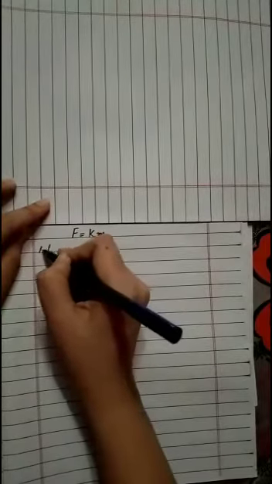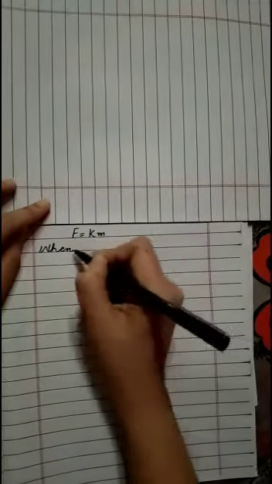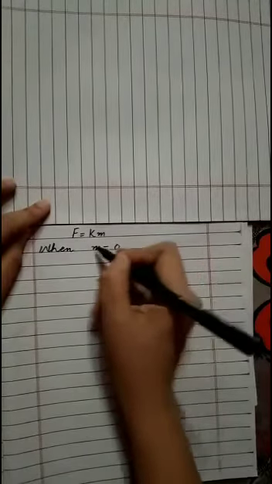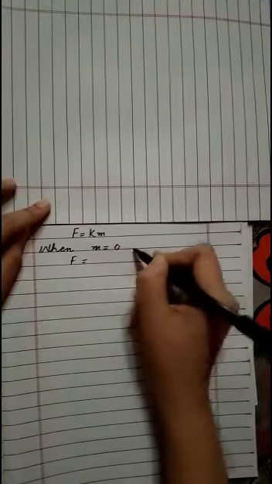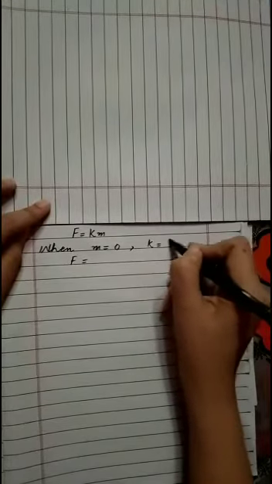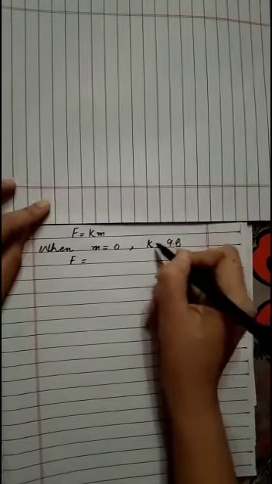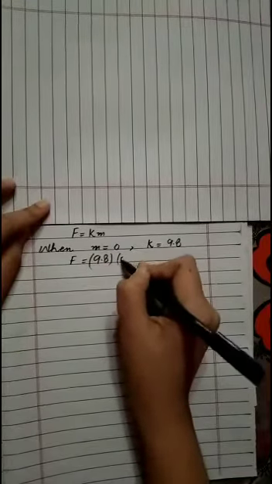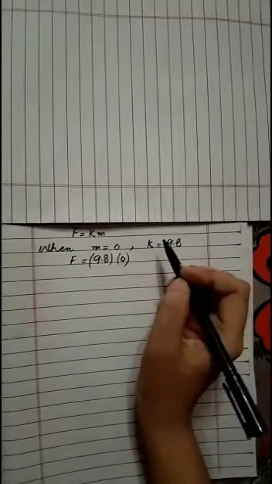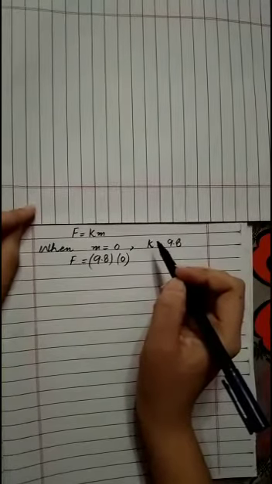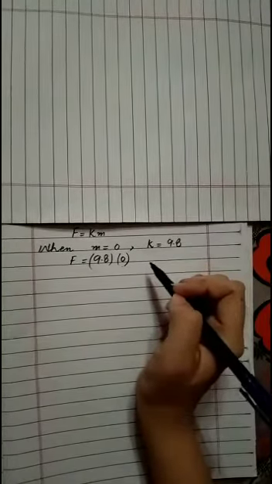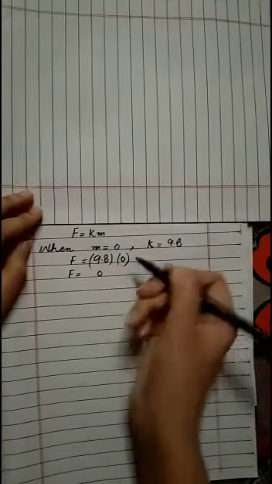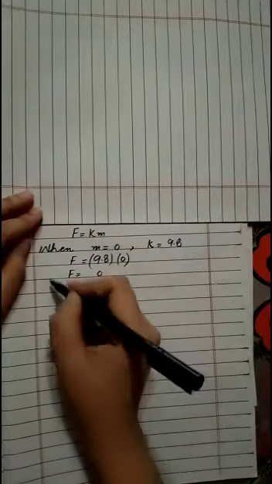Suppose we consider M, which we take by ourselves, as 0. Placing the M and K, as we have already found, K is 9.8 into M is 0. We have taken M by ourselves. As students, we have done question number 10 and 11 with the same method. So we multiplied both and got 0, F is 0. When M is equal to 0, then F is also 0.